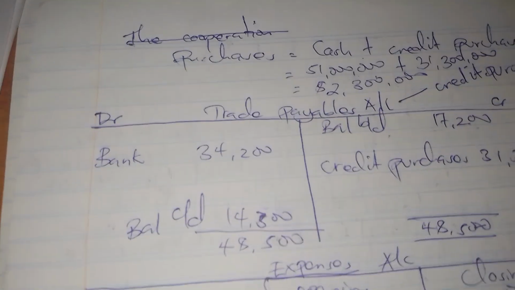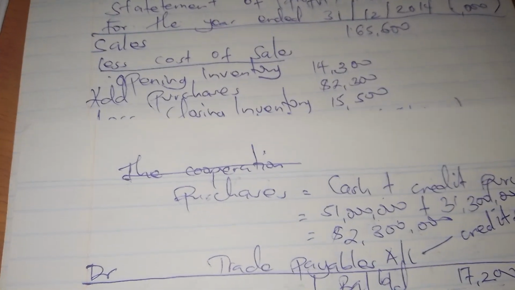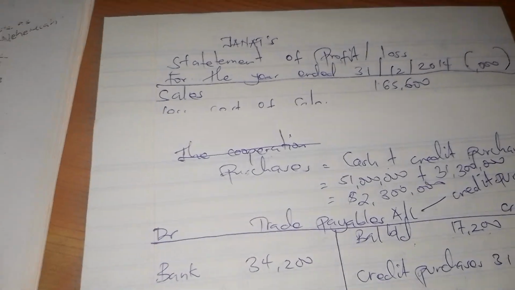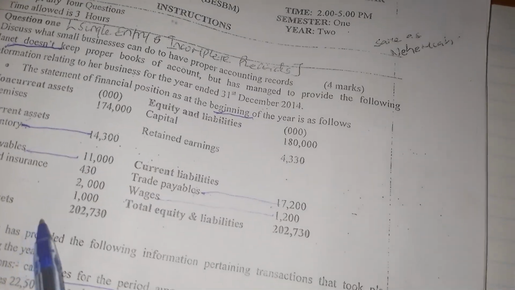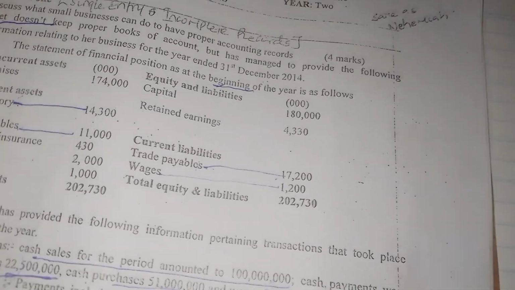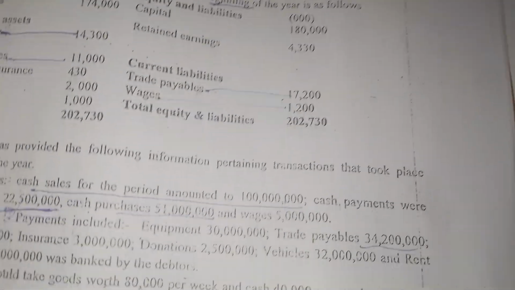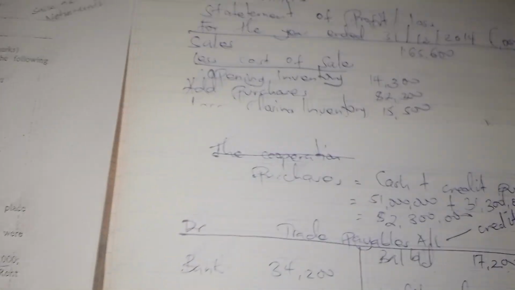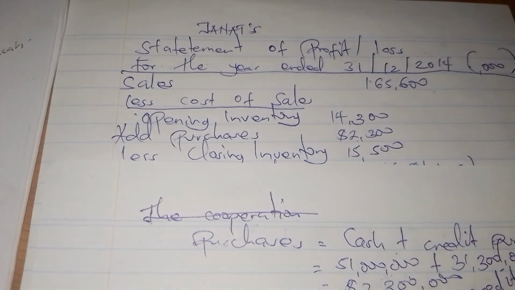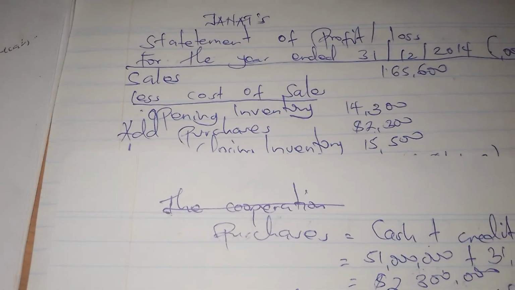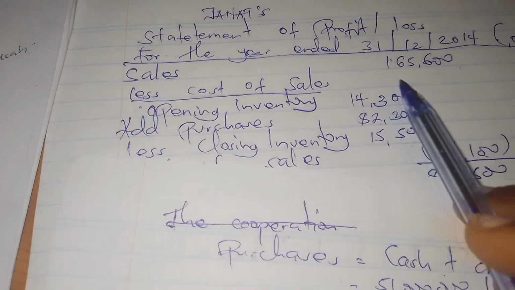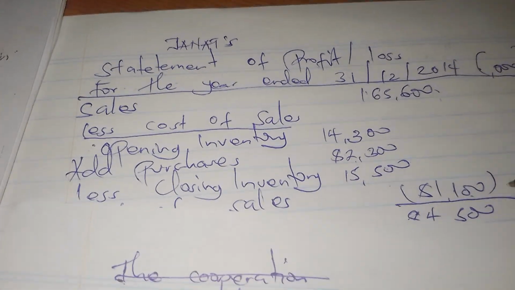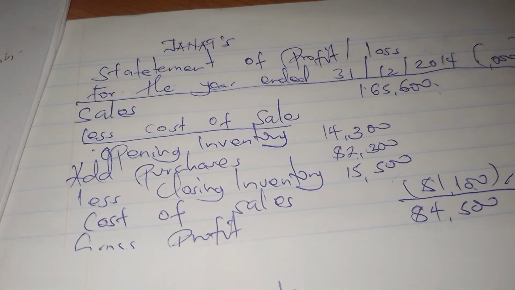So we shall go back in our income statement and we record it, 82,300. Then after that, we shall less closing inventory. So closing inventory here down, inventory was 15,500. So we less closing inventory 15,500. If we put it in the calculator, what we get is the cost of sales. This plus this minus this, we get this. Then after, we shall get the sales minus the cost of sales, and what we get is the gross